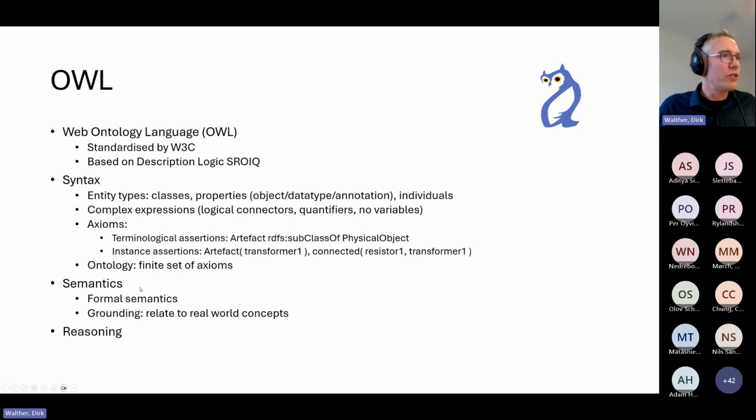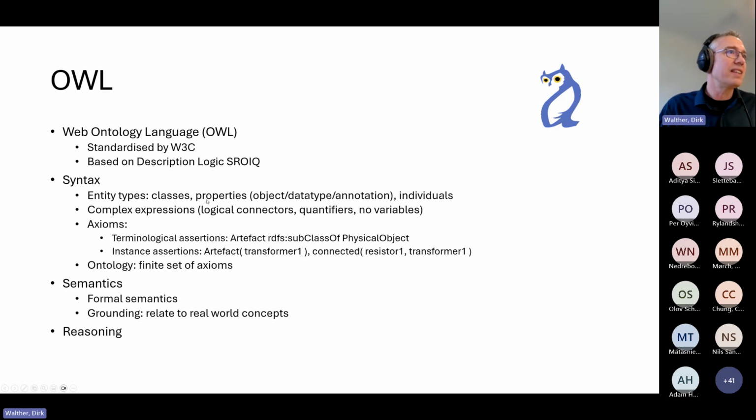So what is now an ontology? We can make this now precise. Given these axioms, we put a bunch of these axioms together, and when we have a finite set of them, that is an ontology. So the axiom is the knowledge-bearing unit in an ontology. Of course, this syntax is accompanied with a formal semantics, which then enables automated reasoning.